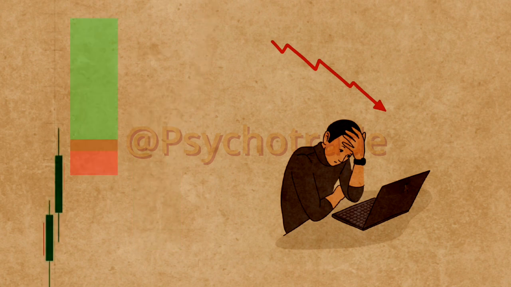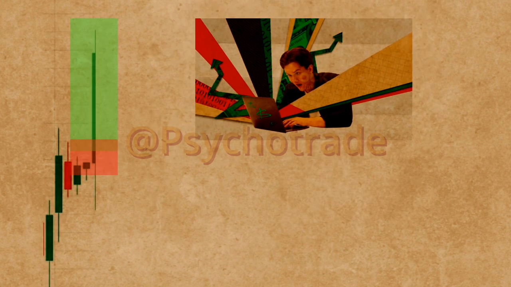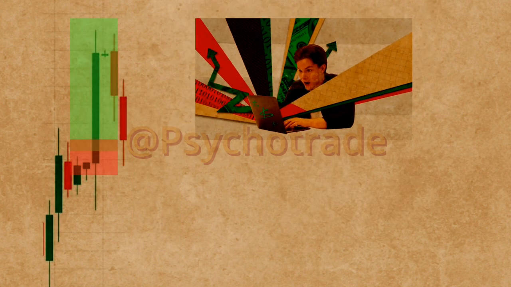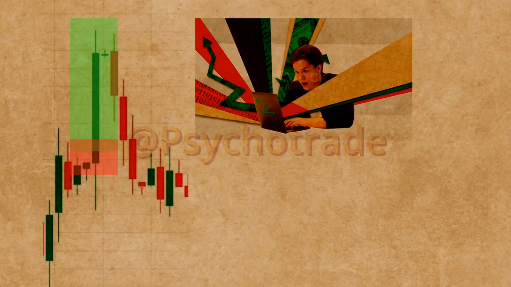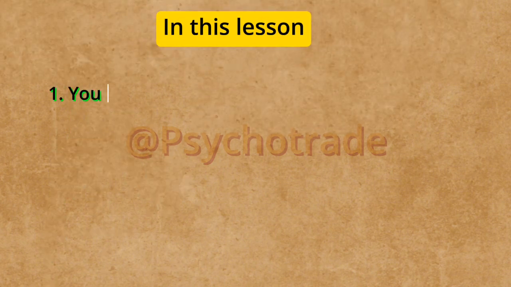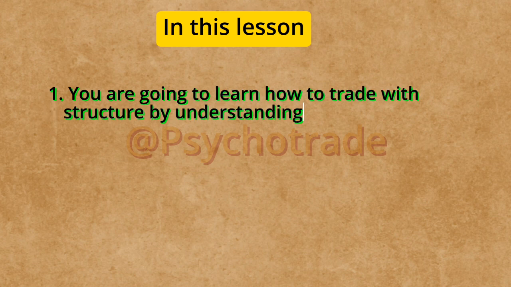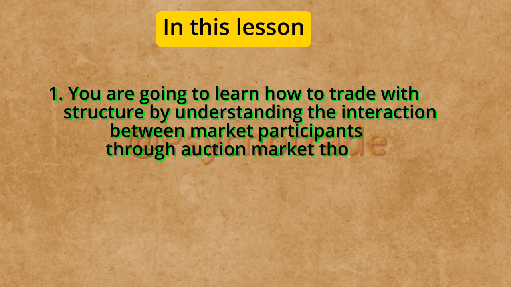They trade based on emotion instead of structure. They see momentum and assume the move will continue forever without understanding who is actually driving the market. In this lesson, you're going to learn how to trade with structure by understanding the interaction between market participants through